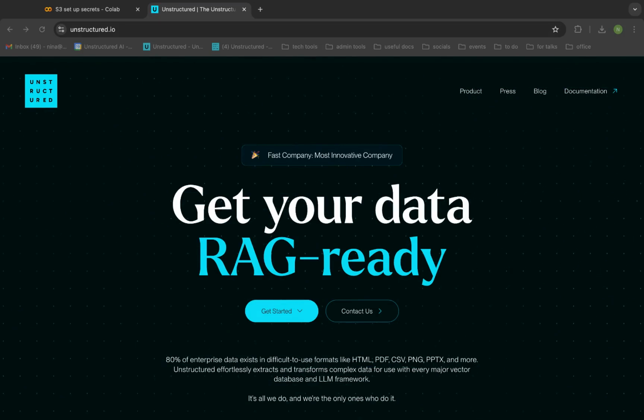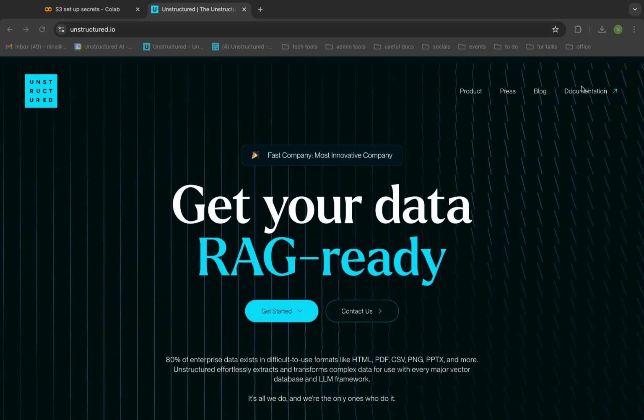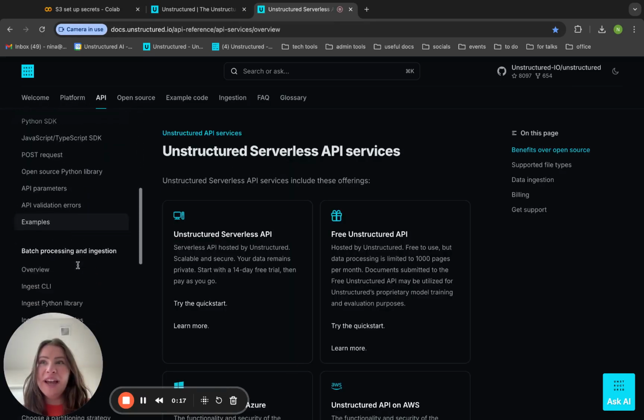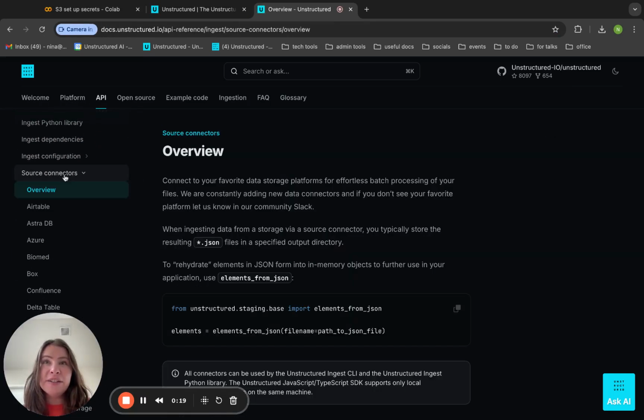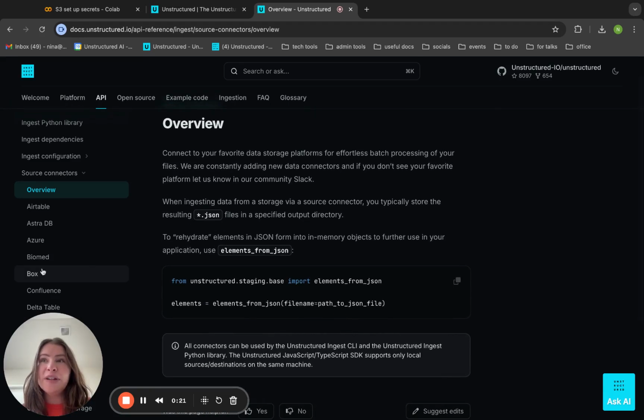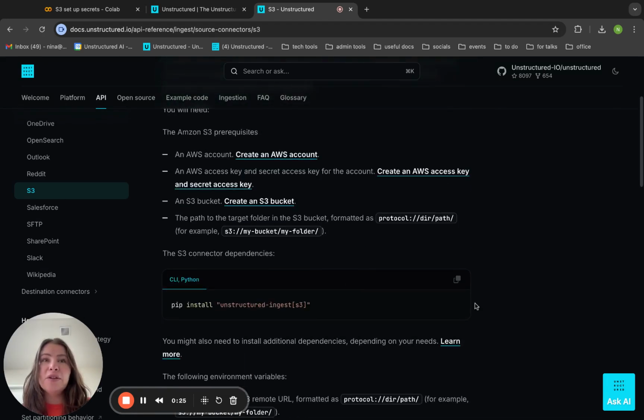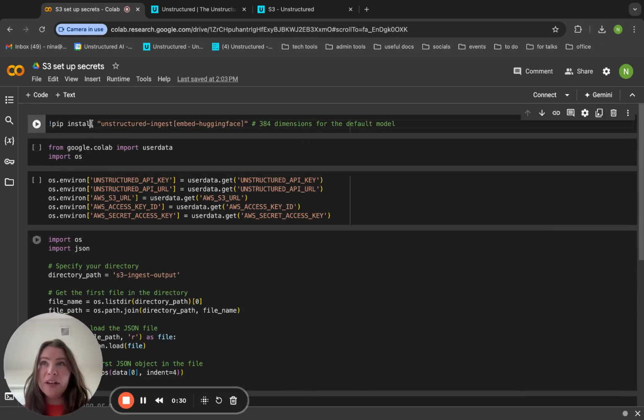And right now we're going to grab our unstructured data from an S3 bucket and then save it locally, including the embeddings. So in our documentation for the API, we have our source connectors, and we're going to go to S3. And so I'm just going to start with this pip install here in this notebook I've set up